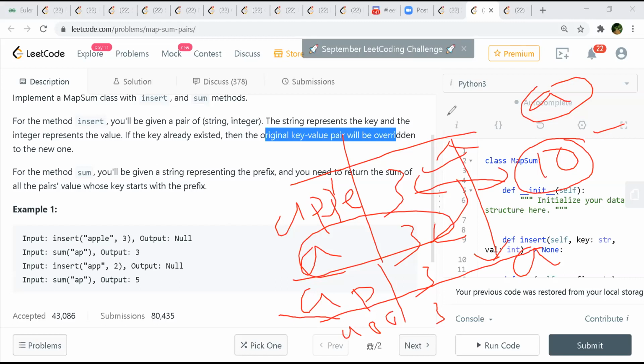So suppose there is Apple equal to 3 and APP is 2. If you try to add all the keys with all the substrings, how are you going to differentiate them? Take the example: first you are adding Apple. So for A you will add 3, for AP you will add 3, for APP you will add 3. Now you got one more insert, that is APP equal to 2.